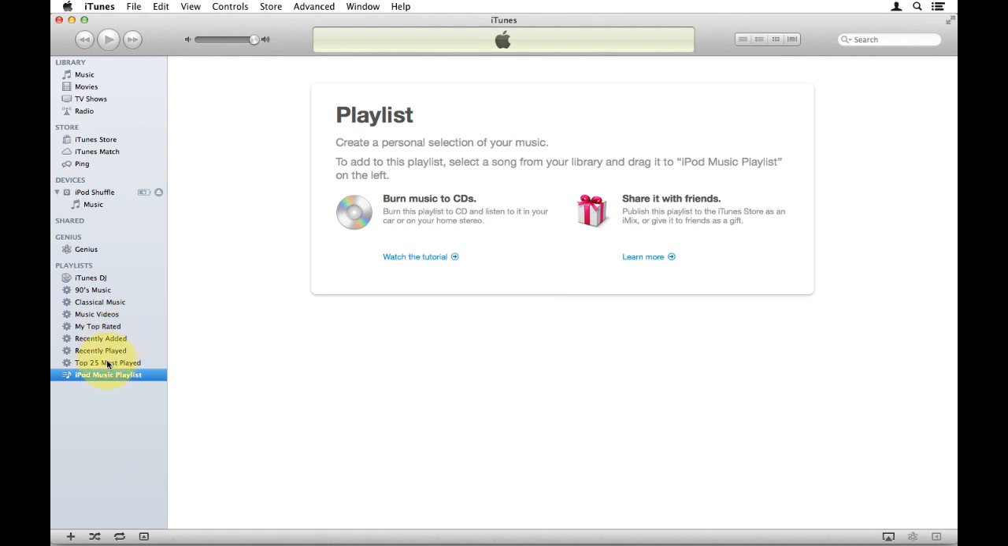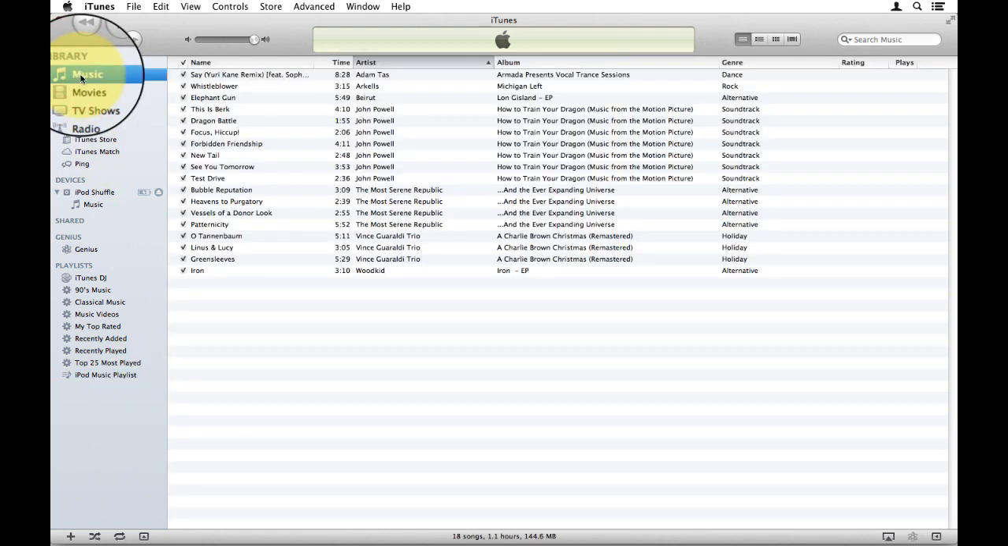And what we can do from there is you can see that it's basically empty. There's no music in here. But what I'm going to do is click on music in the top left corner. So this is our library. This is where all of our music, movies, and TV shows are stored. And music shows all of the music, and I've just got a few songs in here just to play with